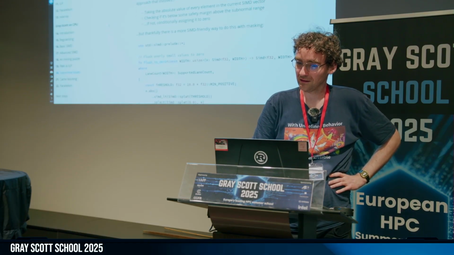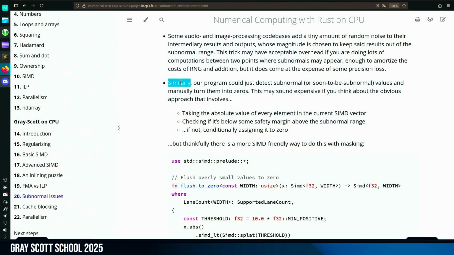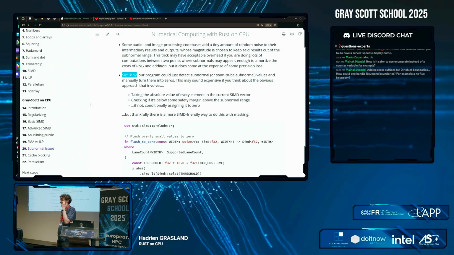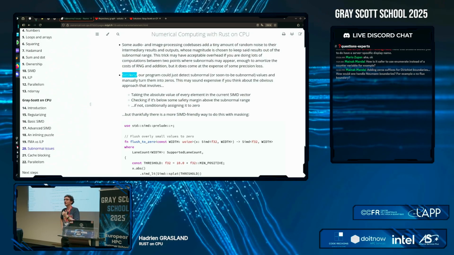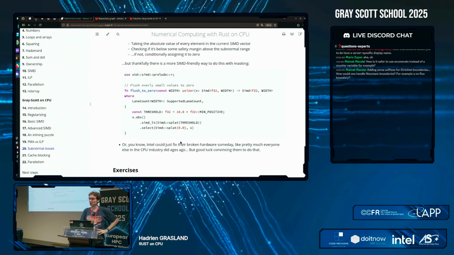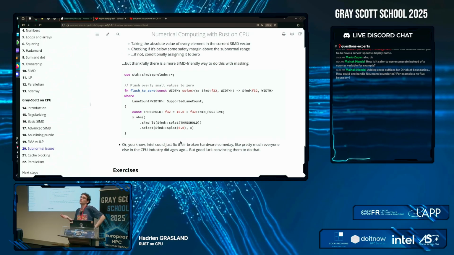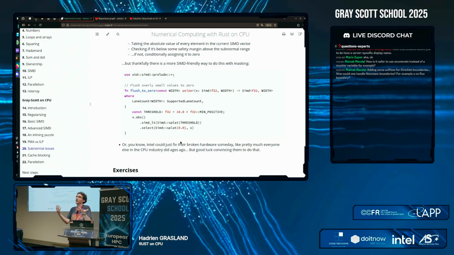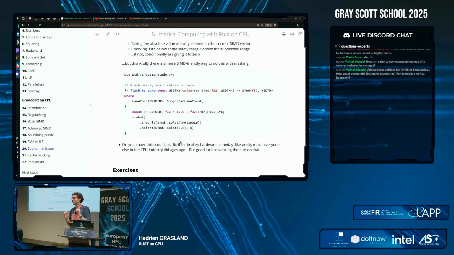What else can we do? Well, the compiler knows how to flush subnormals to 0. Well, the CPU knows how to do this, but we can do it. You take your SIMD vector, go over elements one by one, check if it's close to the subnormal range, and if so, take it to 0. If you remember my architecture talk, your eyes may start to be dripping blood. That sounds very expensive. If you use your SIMD instructions in a clever way, you can take it to an overhead of 4 instructions, which is not great, but something people can live with if you don't do it too often. It's certainly much less expensive than